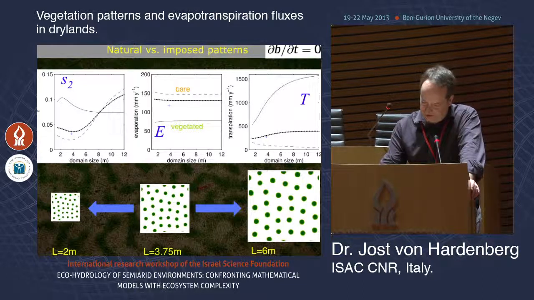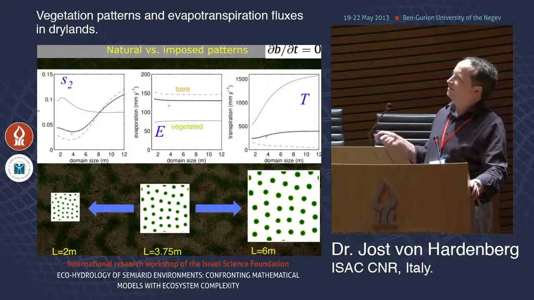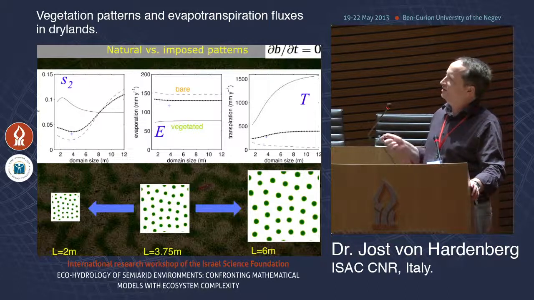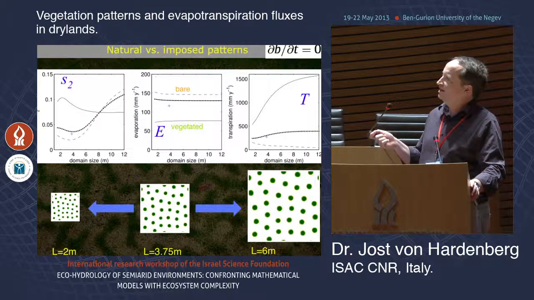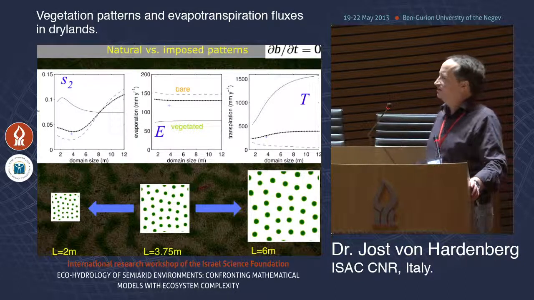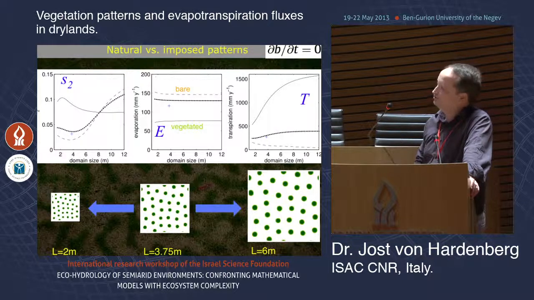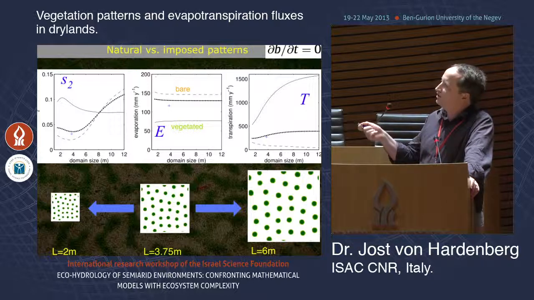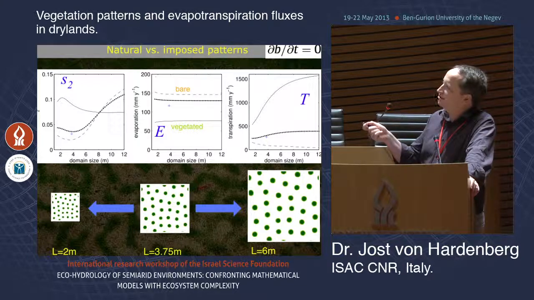If we do this exercise, we can then look at what happens to our soil water, to our evaporation and transpiration. Evaporation we shouldn't be too surprised by because, as we said, it's a purely local phenomenon. So apart from a little difference at small scales, related to water diffusion close to the patches, we do not see any difference as a function of the domain size. The little cross indicates the scale we actually chose, where the pattern could be chosen dynamically.